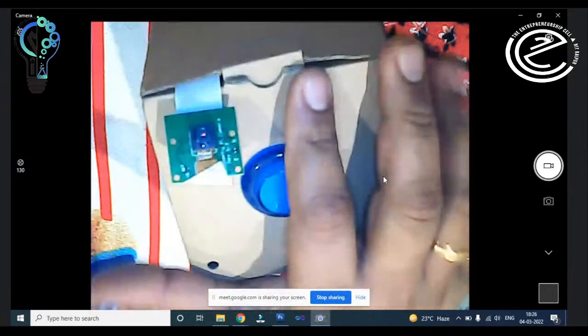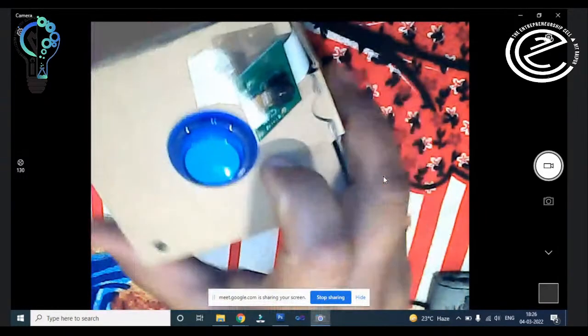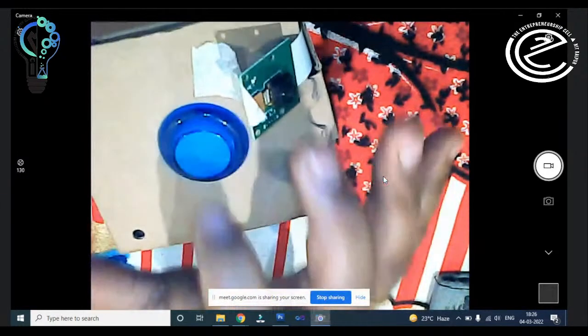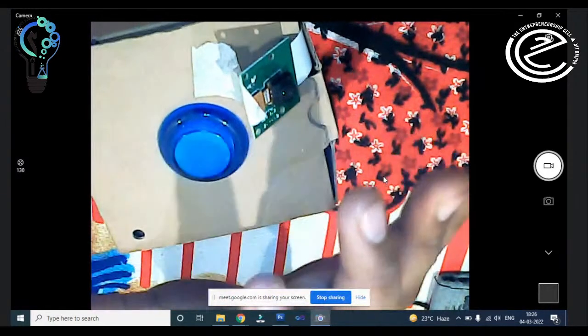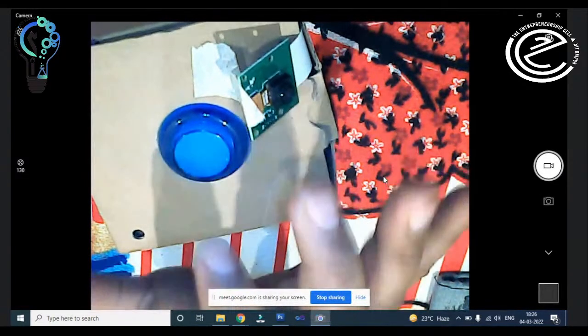Inside this box, I have the Raspberry Pi. Also, I have a voice hat, right? I recently made OK Google in this box, right? The license has expired because OK Google is free only for 6 days or 2 weeks. So I used OK Google in this box. When I press this button, then we can say the command, OK Google, what is the name of the capital of India? Then it will start speaking as Google Assistant.